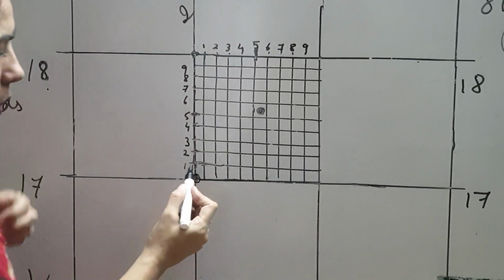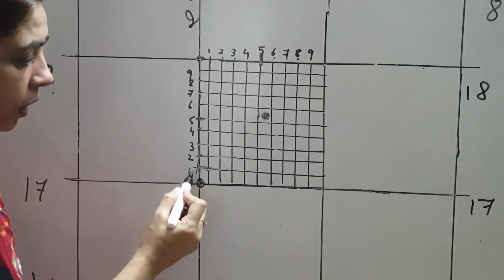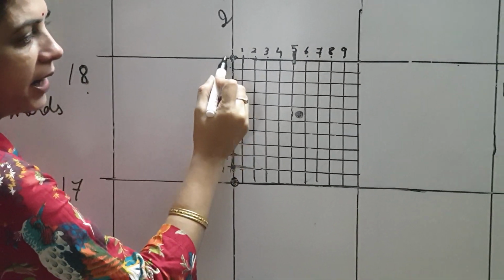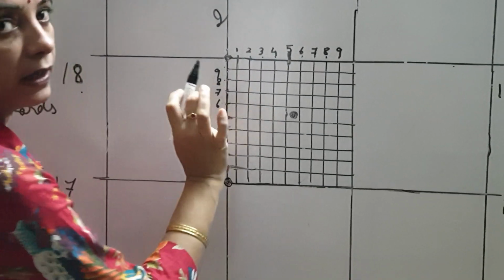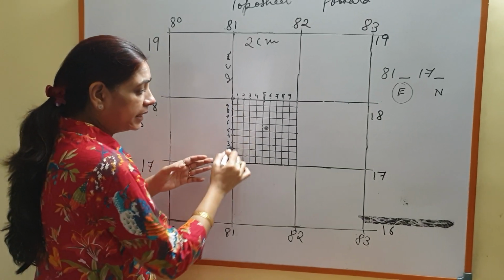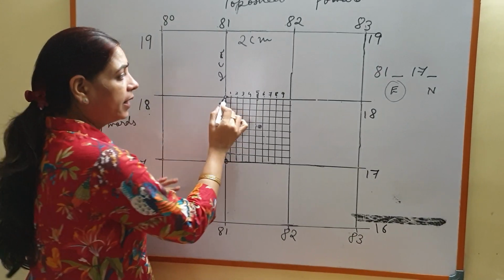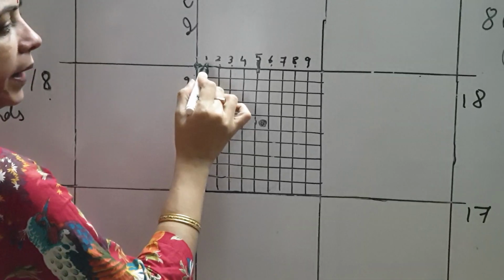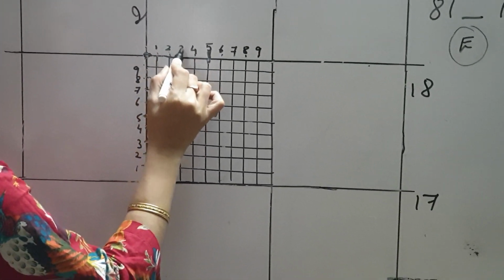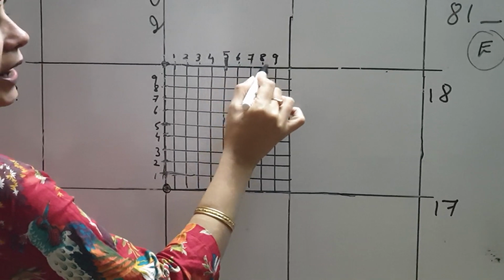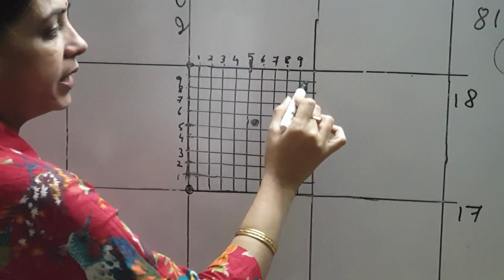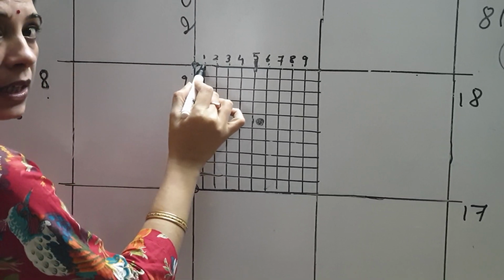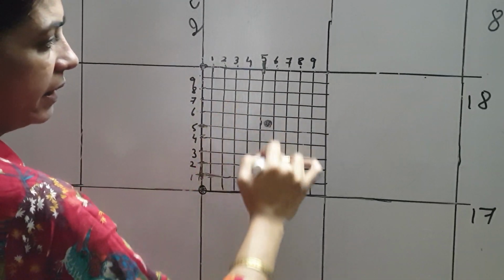Okay. So 1, it begins from bottom. 1, 2, 3, 4, 5, 6, 7, 8, 9, and this will be the 10th. You don't have to write 10. So the eastings are divided into 10. Then comes the northings. So the same way from here you will begin 1, 2, 3, 4, 5, 6, 7, 8, 9, and this will be the 10th. You don't have to write 10 here also. This also will be a 2 millimeter division. So now the entire grid is divided.